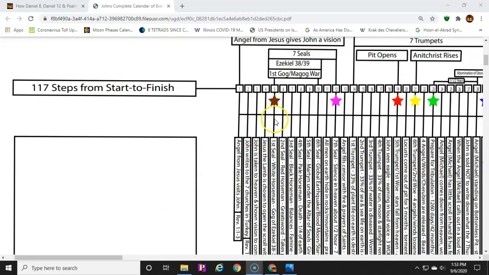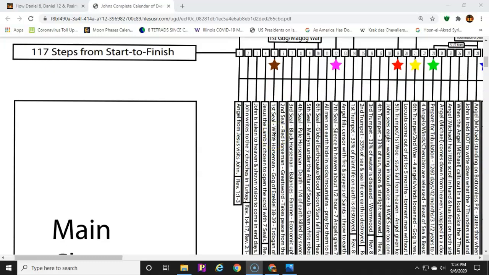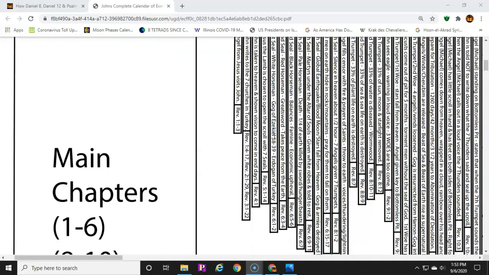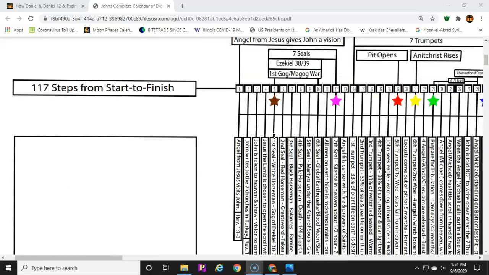So after he goes to heaven, he sees Jesus selected to open the 7 seals, and that first seal is broken by Jesus himself, and that white horseman comes out. And I've indicated many times, I wrote many articles about this, you can go read those articles, that I believe the white horseman is the same as Gog of Ezekiel 38-39, and that Gog of Ezekiel 38-39 is not the same Gog as Revelation 20, and I've gone into that. They're definitely 2 different Gogs and 2 different wars.